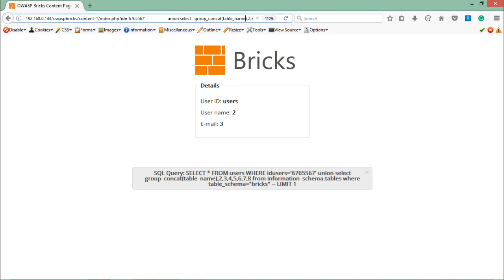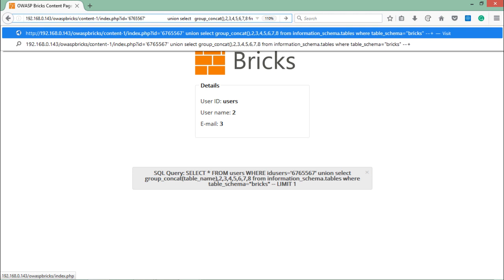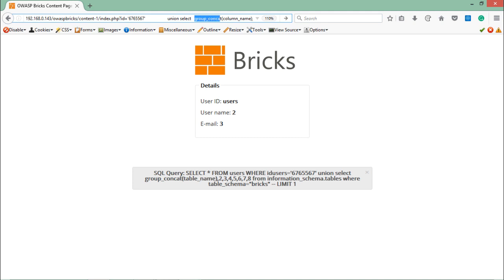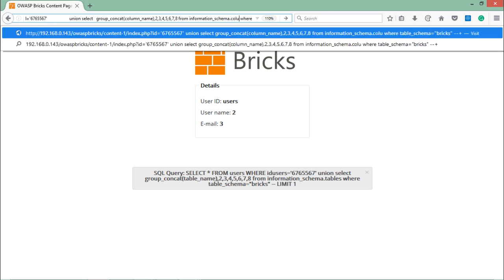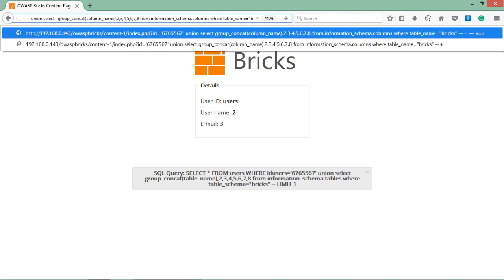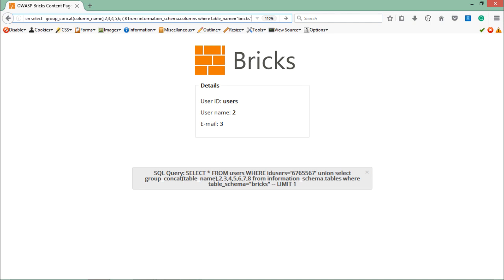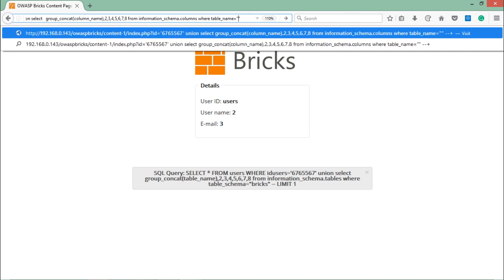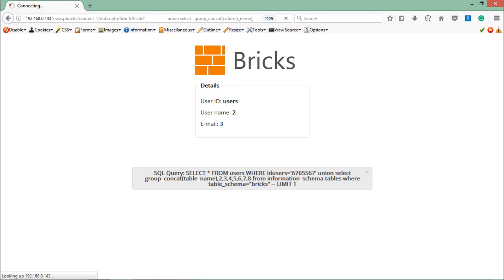So let me edit this previous query. Instead of table name, let me just write column name here. And you can see that I am still using this group_concat function, which means this function will display all the column names present inside this Bricks web application database. So from information_schema.columns where table_name equals users. Now if I just hit enter,